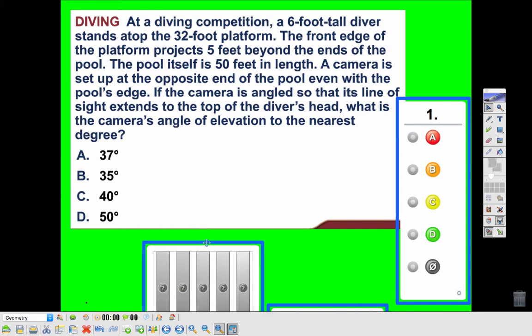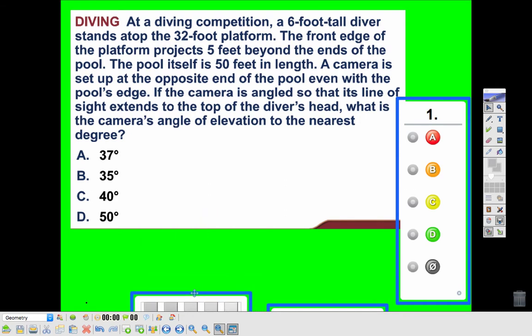Okay, so let's all solve it together. We need to read this very carefully and set it up. At a diving competition, a 6-foot tall diver stands atop a platform that's 32 feet. So our diver is 6 feet tall, and our platform is 32. The whole thing total is 38. Okay. The front edge of the platform projects 5 feet out